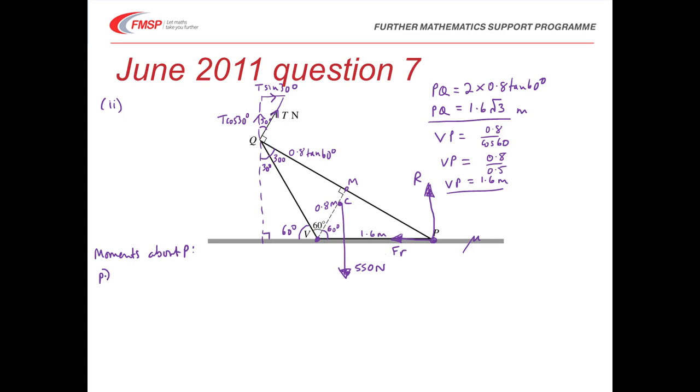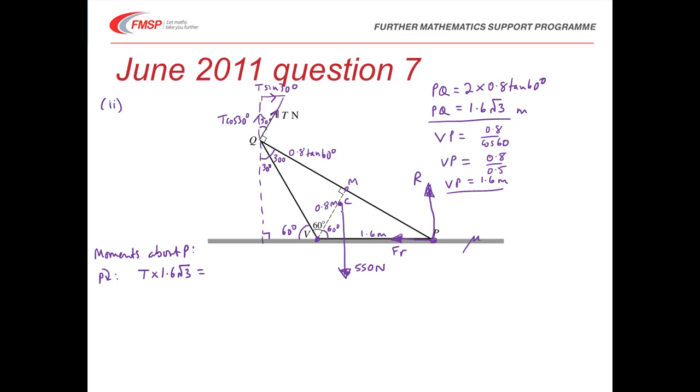So taking moments about P, what have we got? Well, first of all, there's this tension force, and the line PQ is the perpendicular distance to the line of action of that force T. So it's T times the length PQ, which we've already established is 1.6 root 3. Well, that's got to be equal to the turning effect of the weight force,